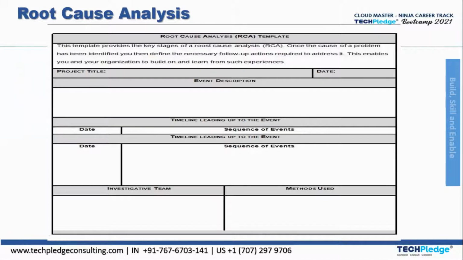So the steps that we can conclude for root cause analysis are that first we need to define the problem, then collect the data about it, ask why, what is the determining factor that led to the problem, then we can identify and put in corrective actions, then identify the solutions for that problem and implement those solutions. And when the solutions are implemented, you can determine whether the solution is working with the situation, so that the root cause is being mitigated. So this is how a root cause analysis template looks. These are the sequence of events, and then the investigating team and methods used.